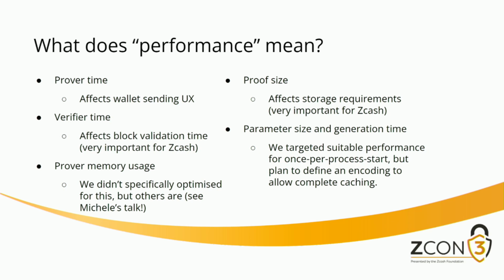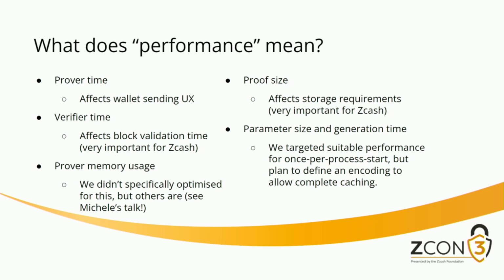The proof size mattering here because once we pin the circuit, we can't alter the proof size. Whereas we can make future improvements to proving and verifying time by introducing newer arithmetic for the underlying field math and stuff like that. But there are other things that matter in performance, like parameter size and generation time